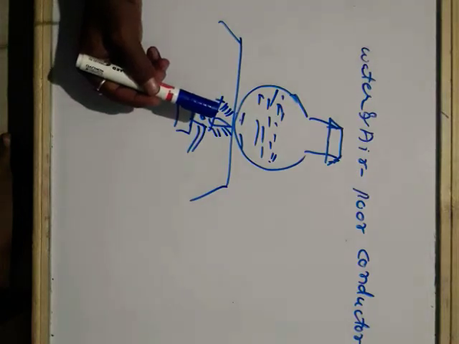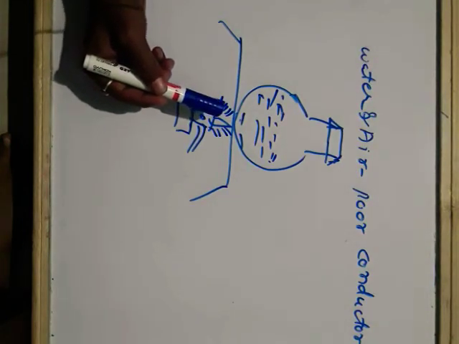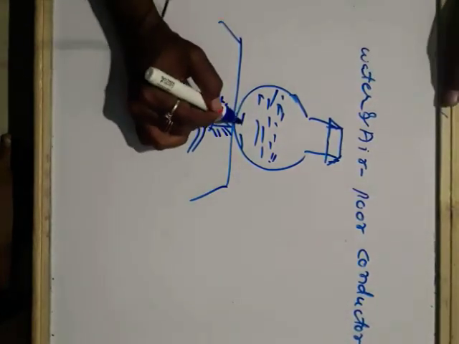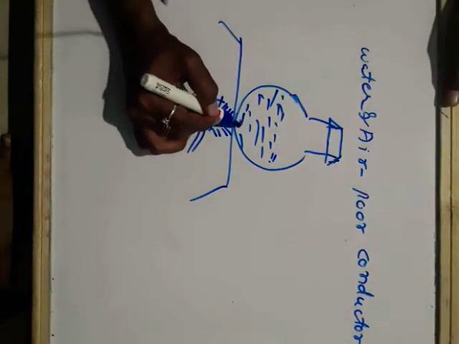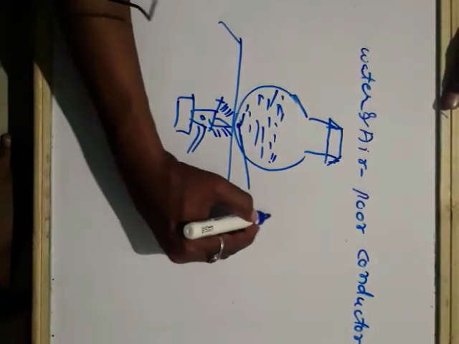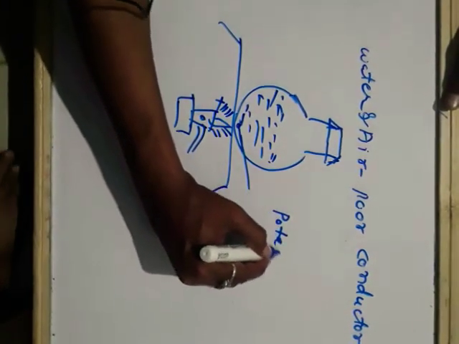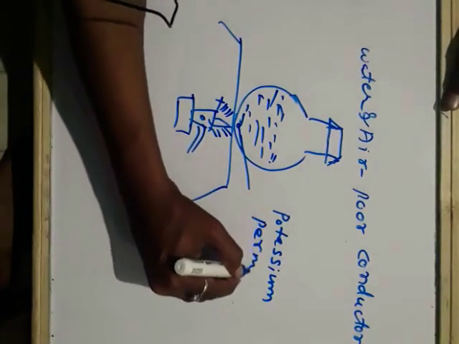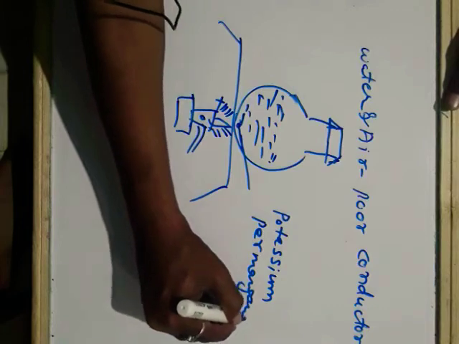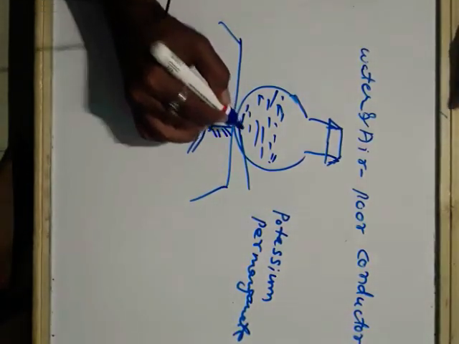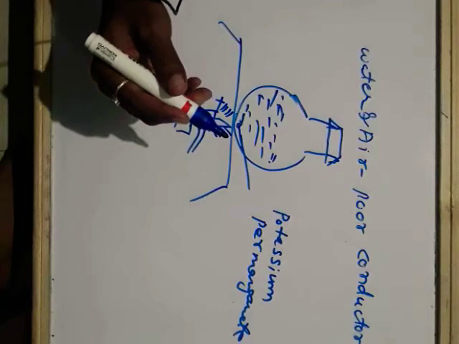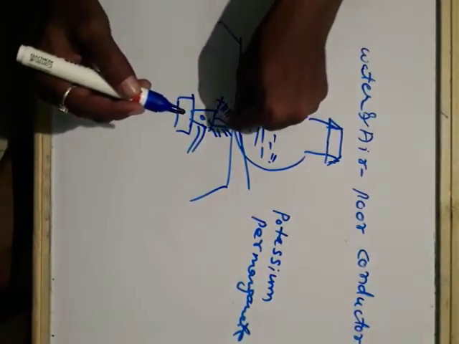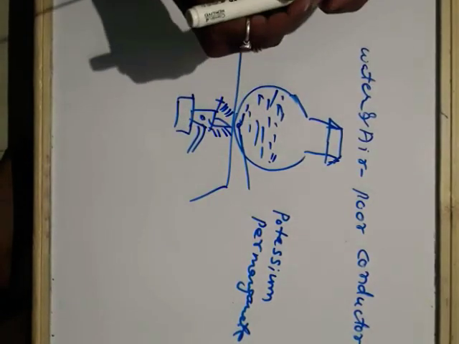Here, place a crystal of potassium permanganate at the bottom of the flask gently using a straw. At the bottom, you put a chemical substance called potassium permanganate. A small piece you can take, which is dark pinkish in color. One small piece you keep here, using a straw, slowly and gently at the bottom.